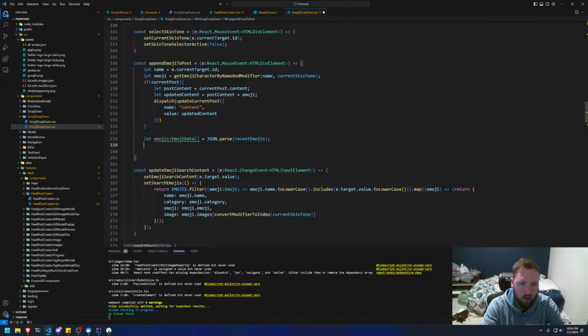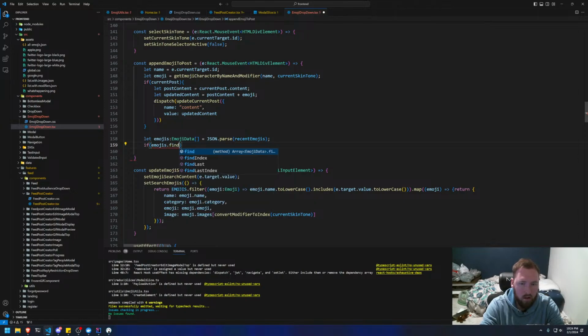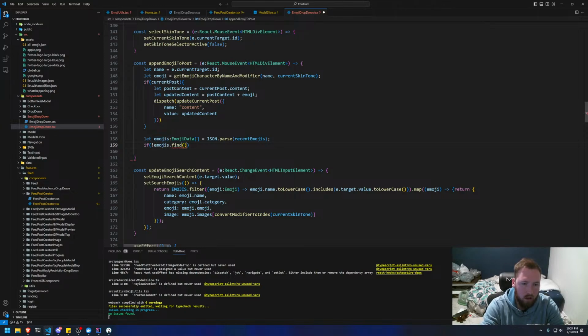So now we can at least say if our emojis dot contains, or let's say dot find, is that what I want to do? Dot find, and then if not emojis dot find, and then we're gonna go ahead and say